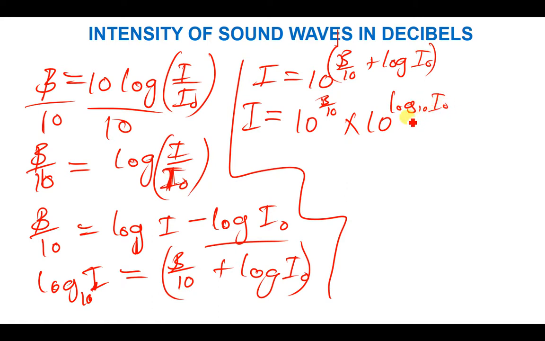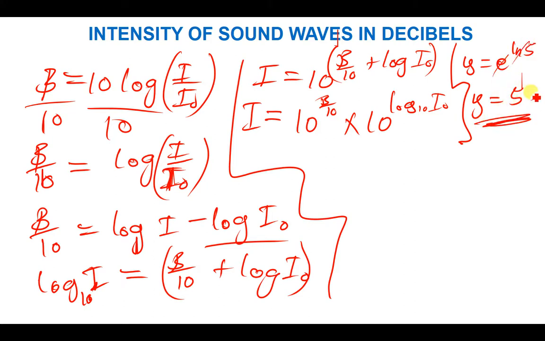I naught there. So remember, in the math I was teaching last semester, I talked about if you have, let's say for instance, y is equal to e to the power ln 5, the answer is simply y is equal to, you cancel this and that, and then you just remain with 5 as the answer. So I proved how this is equal to that. Those that follow my channel for mathematics, there's a part where I prove that this is equal to that.